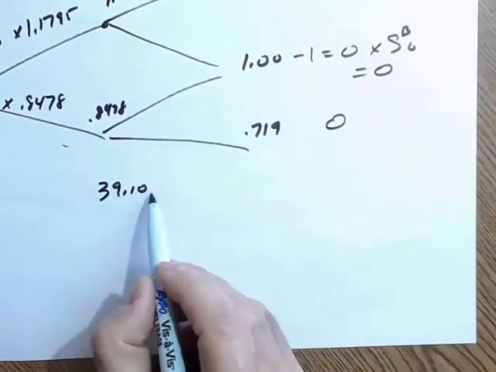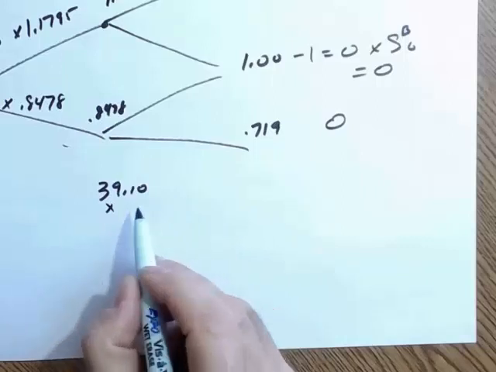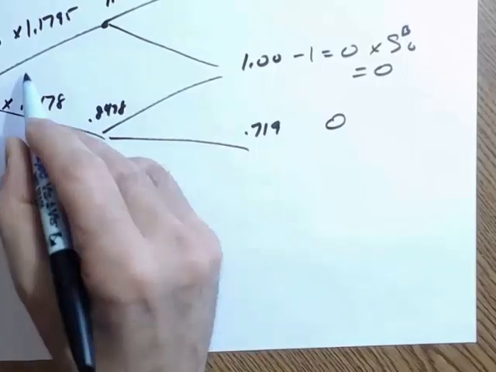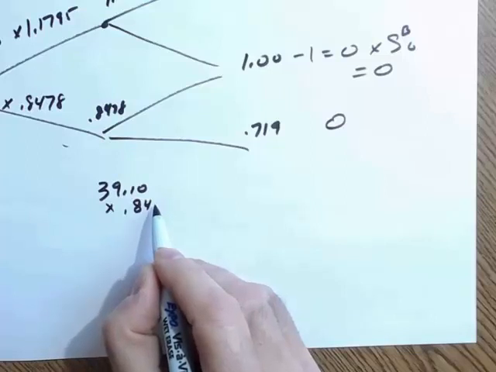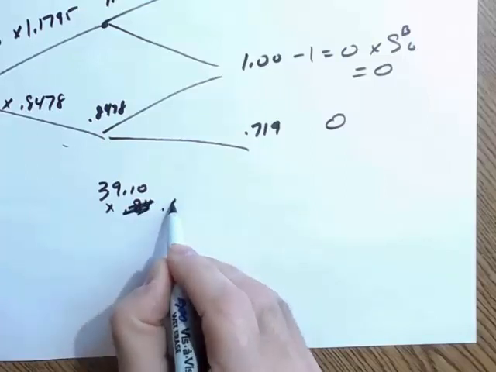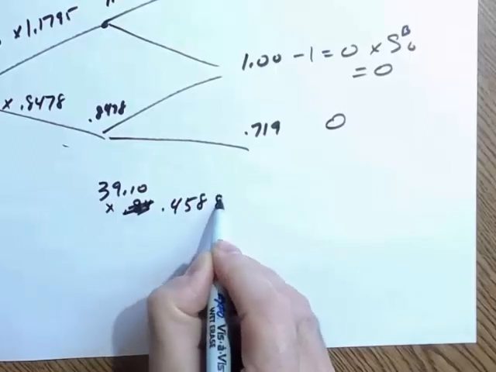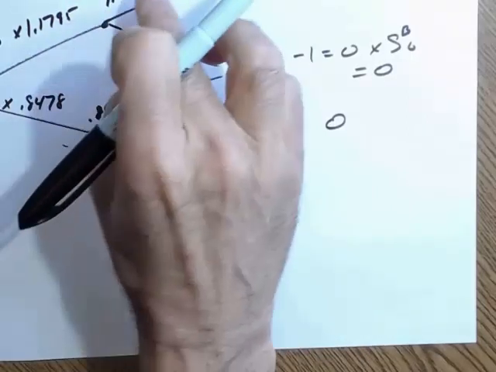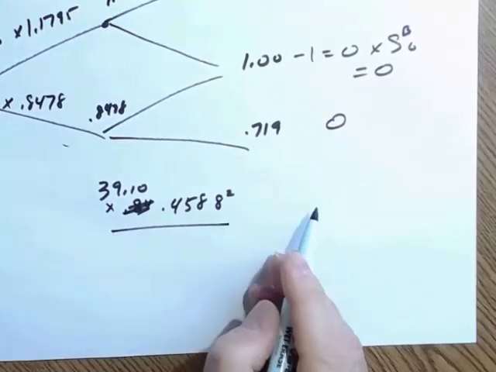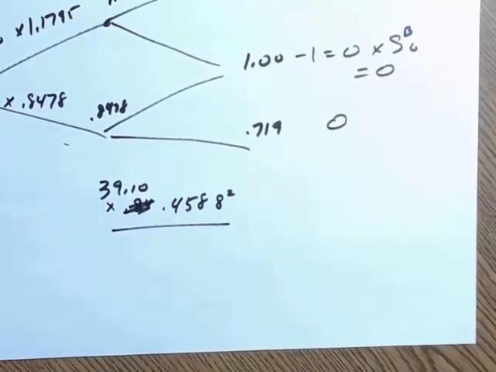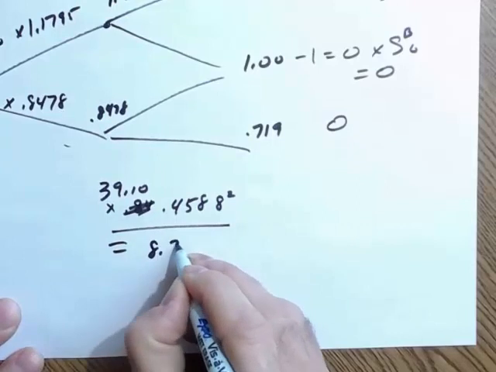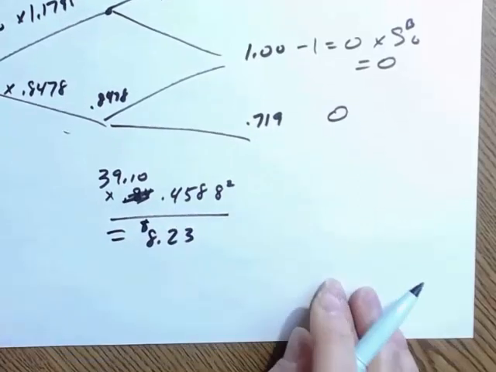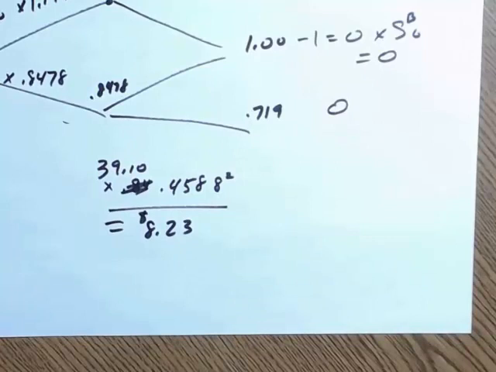Now let's multiply it by the probability of an up or a down, which, it's just two ups here, is 0.84. No, it's not. It's 0.4588 squared, because it goes up twice, and therefore the value of this option comes out to be equal to $8.23, and that is the value of the option,